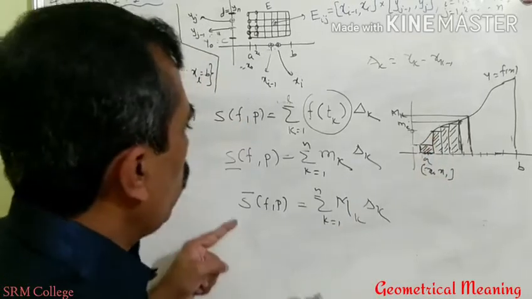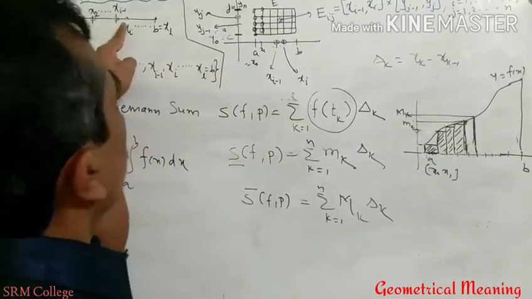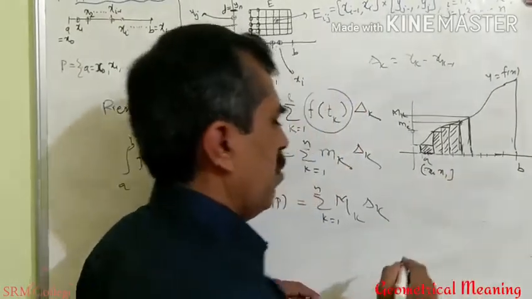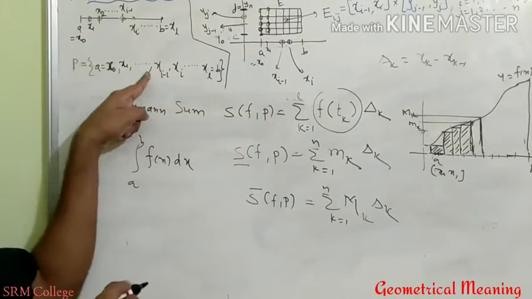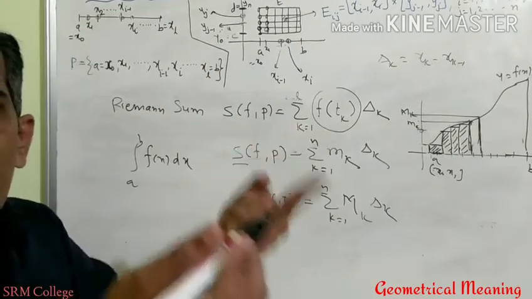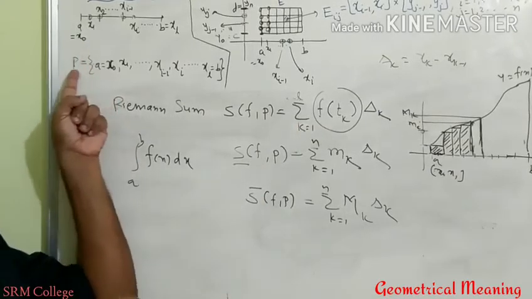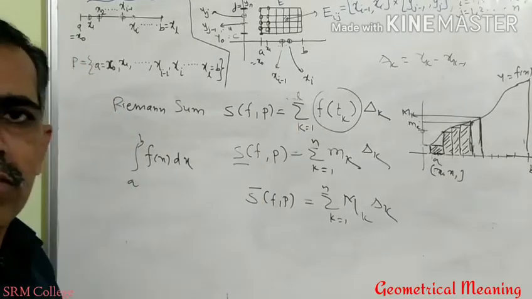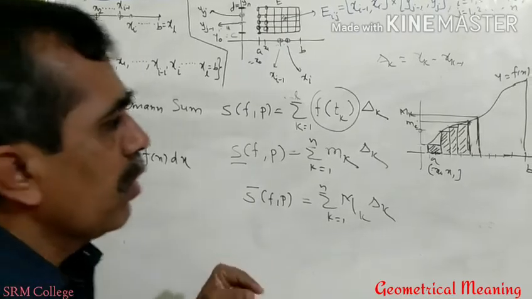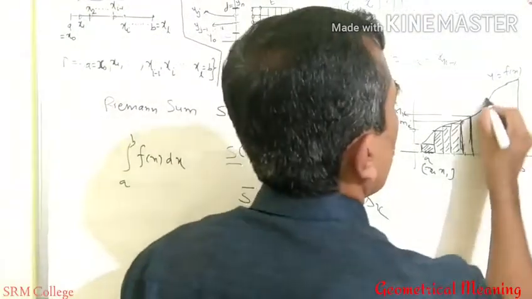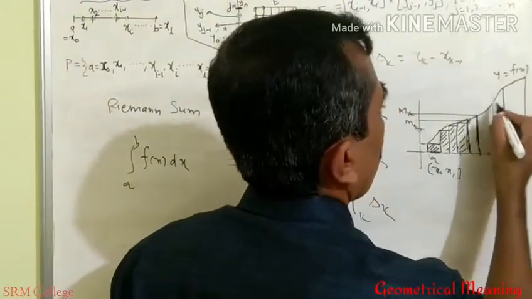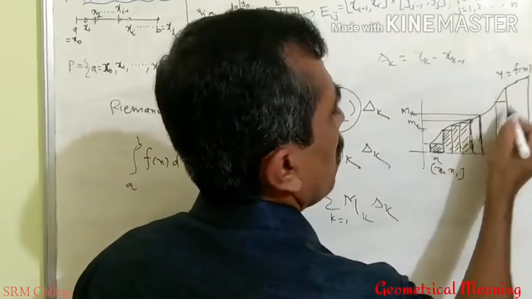Now, this is my partition. If I add one more point to this partition, 1 or 2 or 3 points, then the resulting new partition is called a refinement of the previous partition P. You have studied all these things. What is a refinement of a partition? Go on adding some points to the previous partition and you will get a refinement. Now suppose I consider a larger one here. Now this is the area for the lower sum.